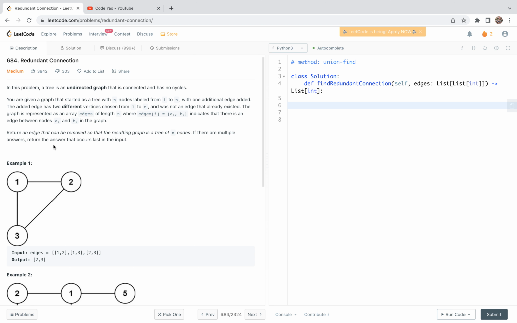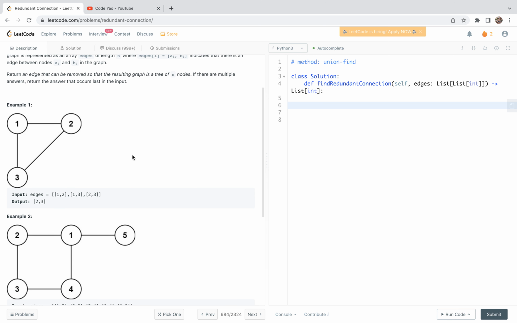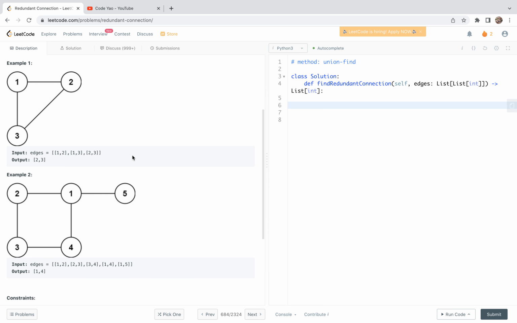We are required to return an edge that can be removed so that the resulting graph is a tree of n nodes. If there are multiple answers, return the answer that occurs last in the input. So let's look at